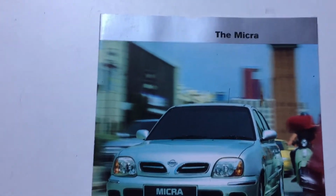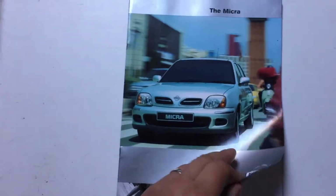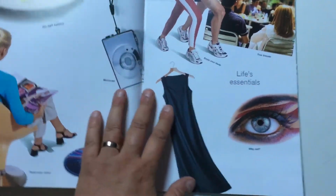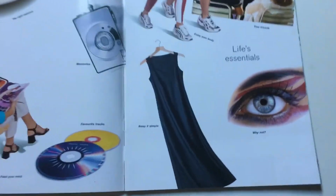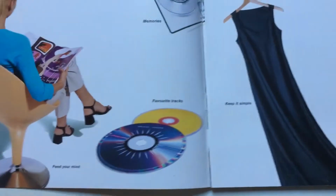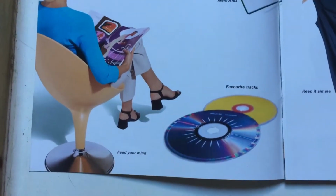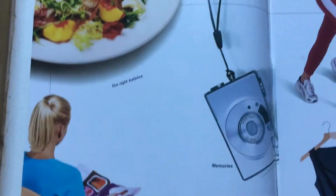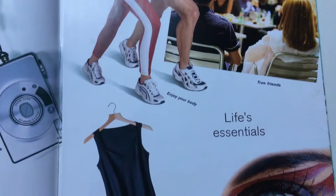The 998cc 1 litre is still present, and those of you that know their engines, and particularly know the A series, will recognise those numbers as being A series capacities, particularly the 998 and 1275. So we start off, and immediately the brochure is going right in for a lifestyle theme,